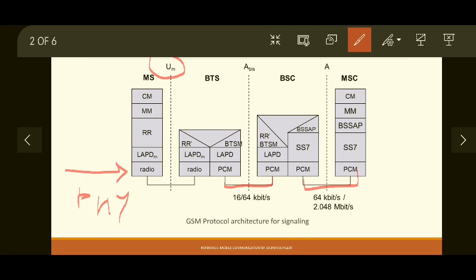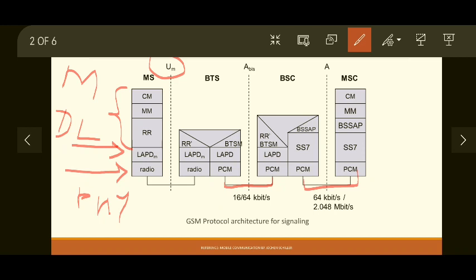Okay, the second layer in the OSI is the data link layer. Now the same layer is adapted for GSM. This is data link. For GSM it uses a specific protocol called link access procedure for D channel. We will see details about it later on. So this LAPD protocol is used in the second layer for data link layer purposes, and the third layer, which is divided into 3 sub layers at the most, is your media access layer.